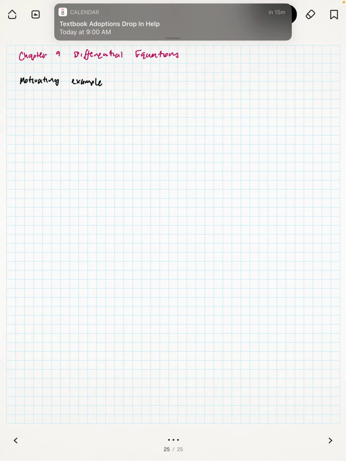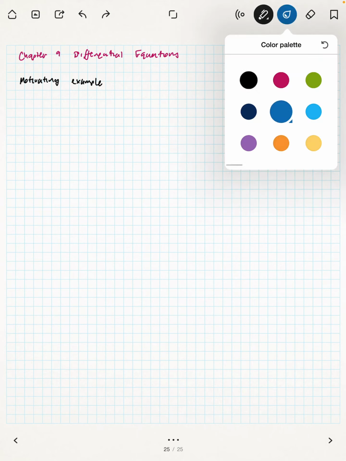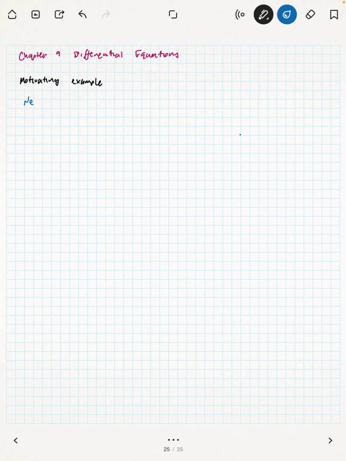This chapter we're going to introduce formally differential equations, what we're trying to find, what the applications of them are, and some techniques for solving some very simple ones. So I'm going to start with a motivating example, which historically is where we began with differential equations. The thing you want to keep in mind is that this comes from Newton's second law,